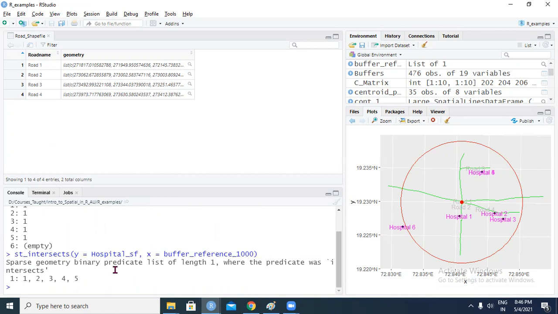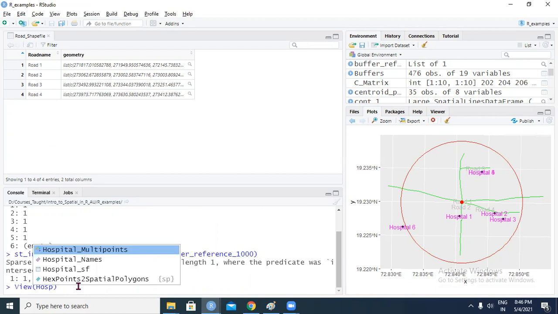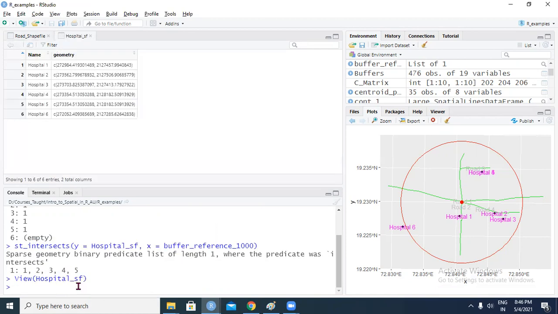So when you use y as this, it returns the value of what actually intersects. If you actually look at the hospitals, it shows 1, 2, 3, 4, 5. These rows are the ones that fall within the buffer, and you can see that visually as well, within the buffer of 500 meters.